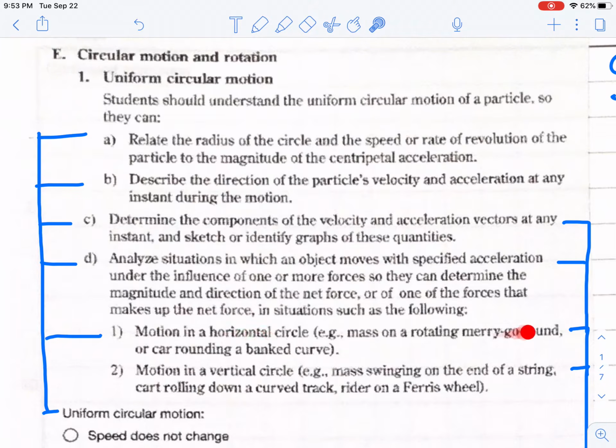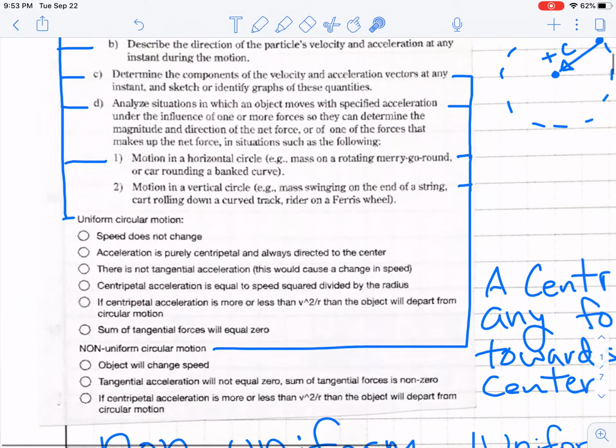Motion in a horizontal circle, which wouldn't always, but a horizontal circle is more typically going to be uniform motion. In a vertical circle, it's less typically uniform, and more often the speed is going to be changing, and we would call that non-uniform motion. It's still circular, just that you're speeding up and slowing down. Within circular motion,